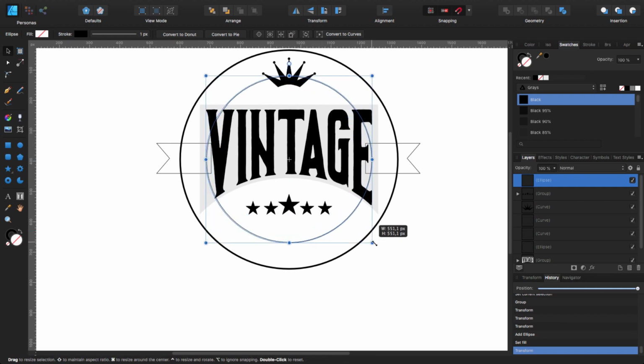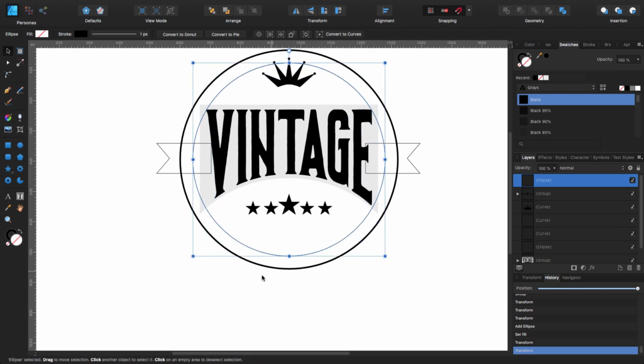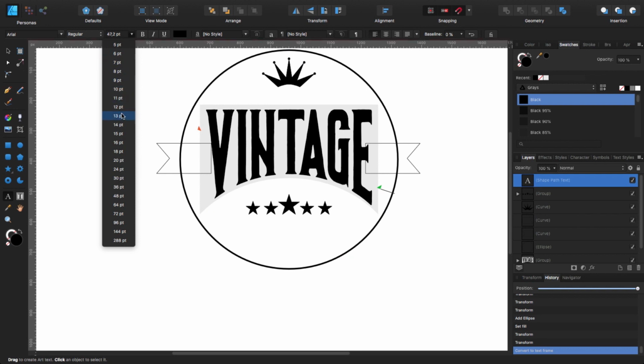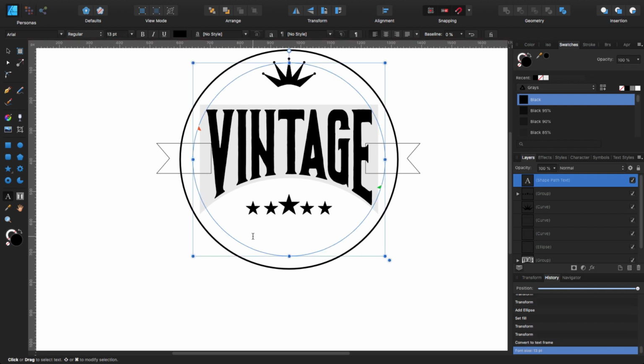I'm going to make it a little bit bigger, and now with that circle selected, I'm coming here to my tools, and I'm going to select the artistic text tool, and I'm going to click close to that circle. As you can see, it changed the icon on my cursor, or my cursor changed. I'm going to make it a little bit smaller. Let's make it something like that, and let's put